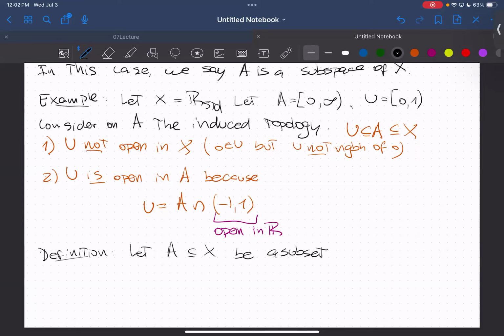I want to define the inclusion map, which is denoted usually by iota from A to X. Probably should be called iota sub A. It is just given by